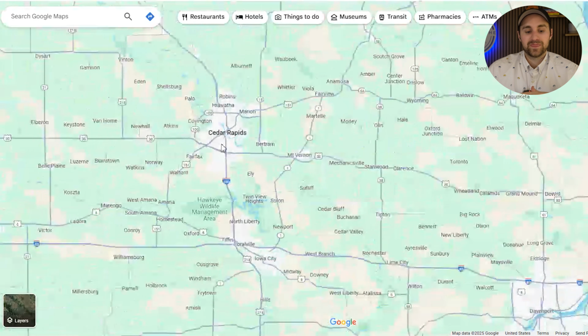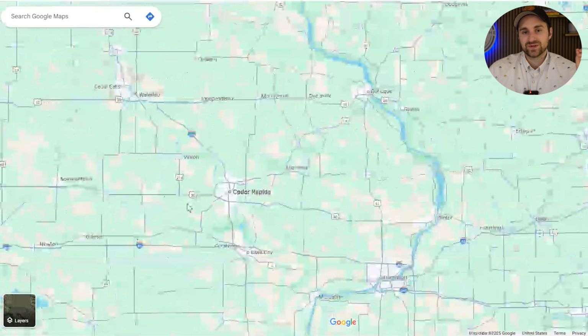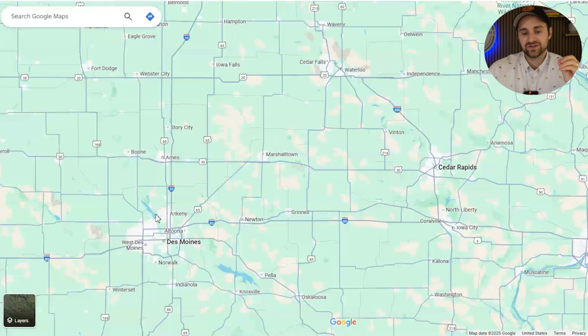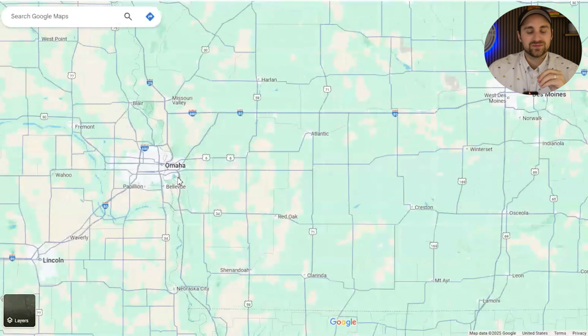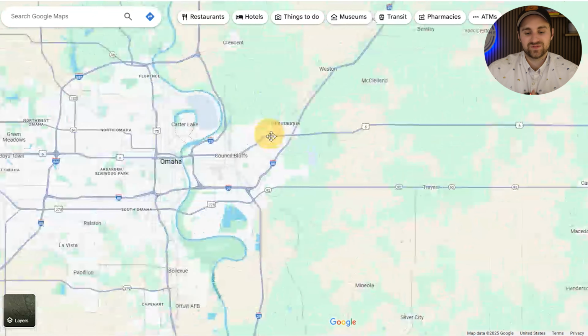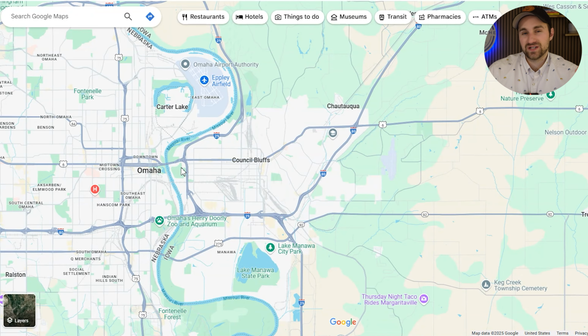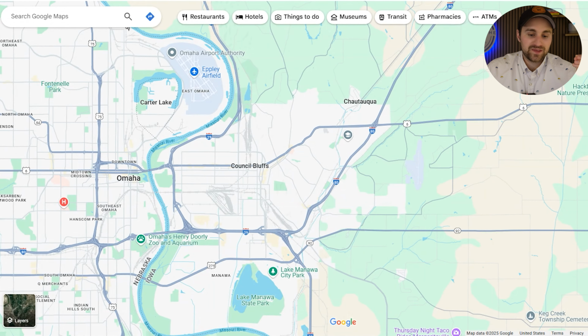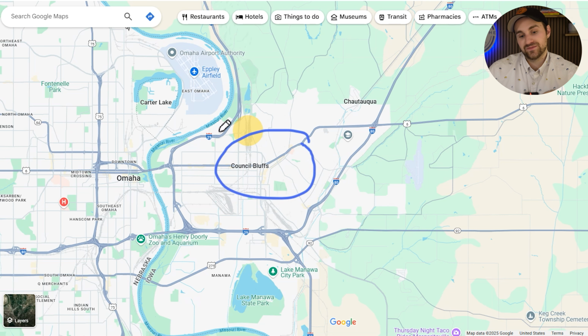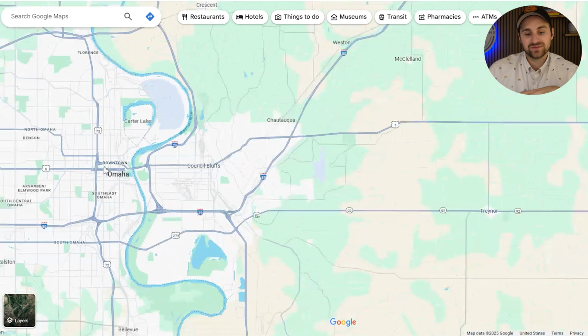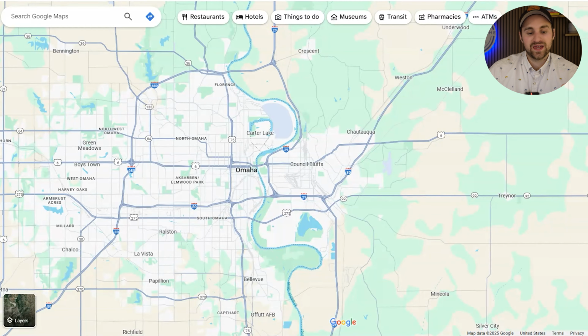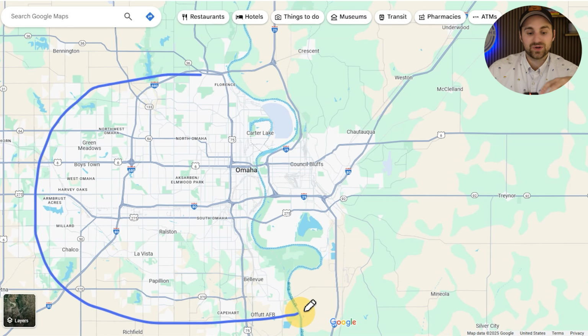The other city I want to talk about is over here, which I mentioned is close to my hometown, and that is the city of Council Bluffs. It's not ginormous by any means. It's similar to Davenport, where you have the Council Bluffs city, but you have all of Omaha really helping support the metro area. So you get Council Bluffs if you want to be in Iowa, and Omaha or Nebraska if you want to be in Nebraska.